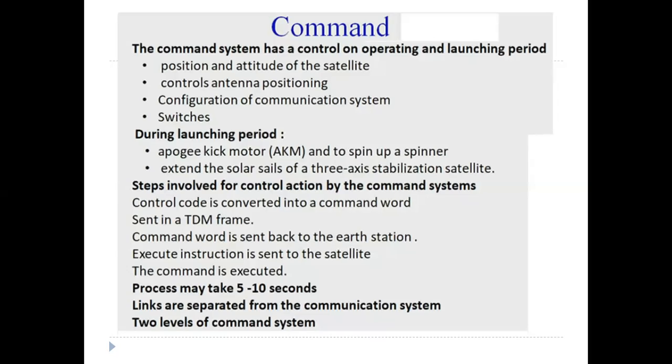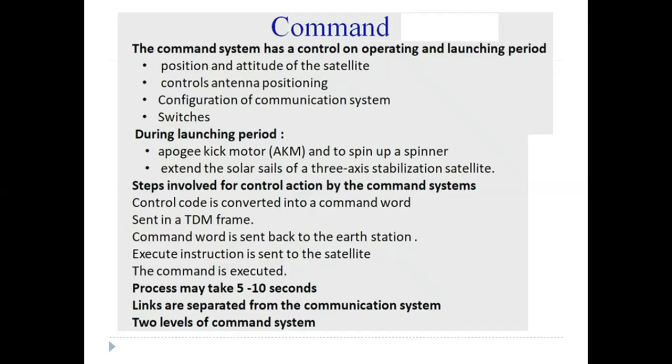The TTC antennas for the 6 by 4 GHz system are used during the launch phase and injection into the geostationary orbit. The main TTC and M system may be inoperable because the satellite does not have the correct attitude or has not extended its solar cells. A backup system is used at this time, which controls only the most important sections of the satellite. A great deal of redundancy is built into this system since its failure will